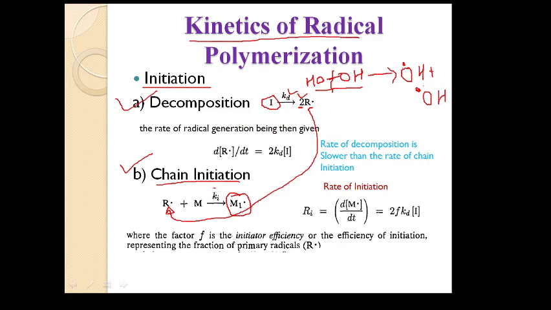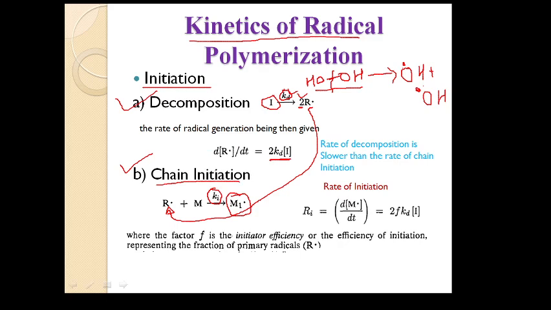Here we represent the rate constant of the initiation step as Ki and the dissociation or decomposition step as Kd. For the decomposition step we represent the rate of change of concentration of our radical. This is on the product side, so we will call it the rate of formation of the radical from the decomposition step, which is equal to 2 times Kd into the concentration of I. This is the rate of formation of the radical.